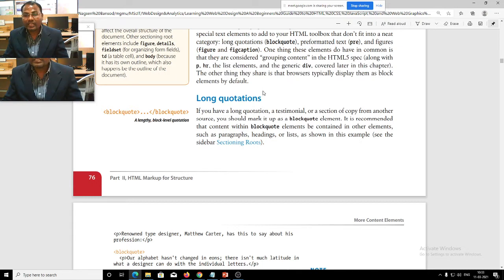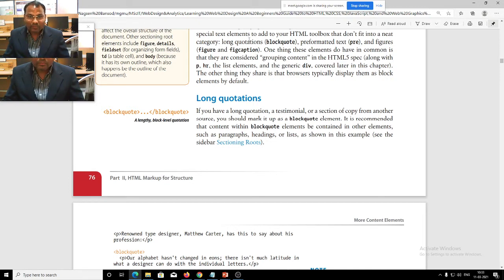One thing these elements have in common is that they are considered grouping content in HTML5, along with P and HR, the list elements, and the generic div covered later in the next chapter. The other thing they share is that browsers typically display them as block elements by default.